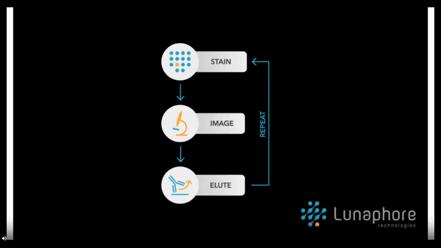So the Meaningful Comet is an example of a stain image elute workflow where a lower number of markers are stained, are applied to the tissue. They're labelled, in this case, with fluorescent dyes. You image those markers, and then you elute the whole antibody complex, and then you start again, and you keep repeating the cycles and layer the image up in staining cycles instead of staining them all at once, which means